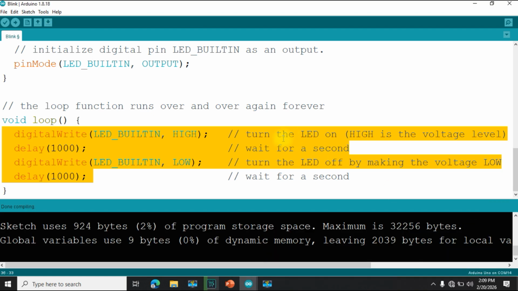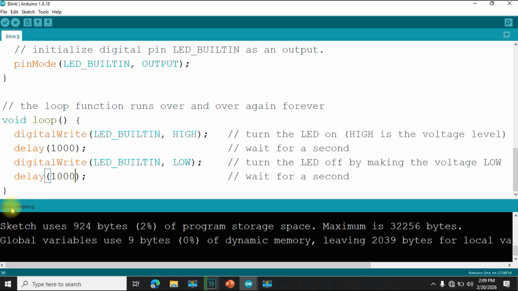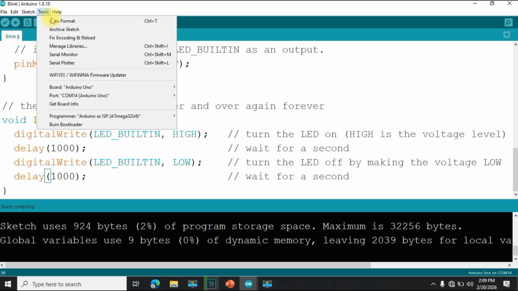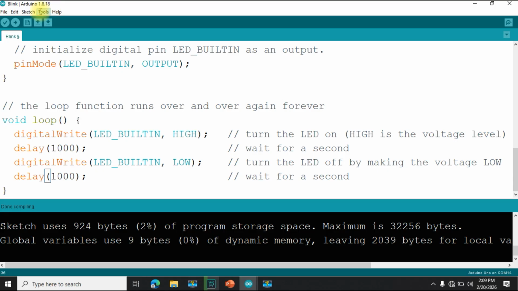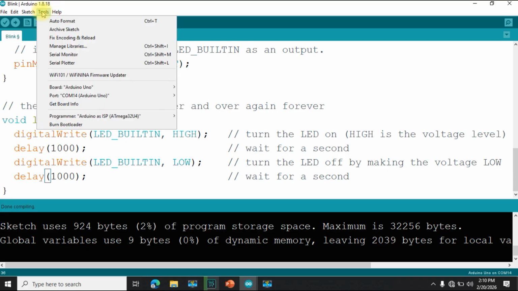Yeah, as you can see in the figure, the compilation process was done and it is indicated here, done compiling. Now go to the tools and then board. You have to go to this option, Arduino UNO. I'm using Arduino UNO, so I'm just clicking this option, and again I'm going to the tools and port, and